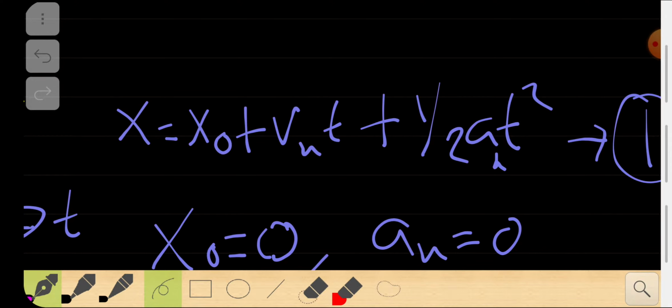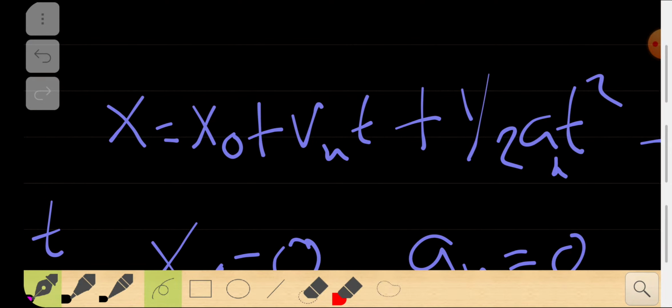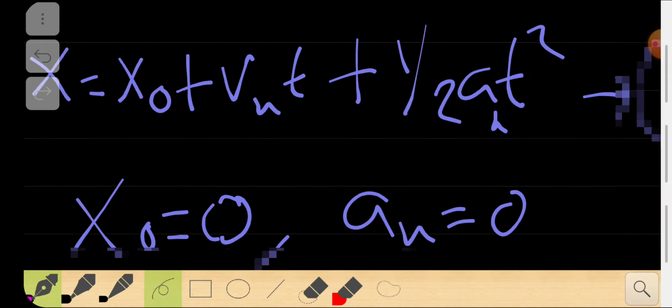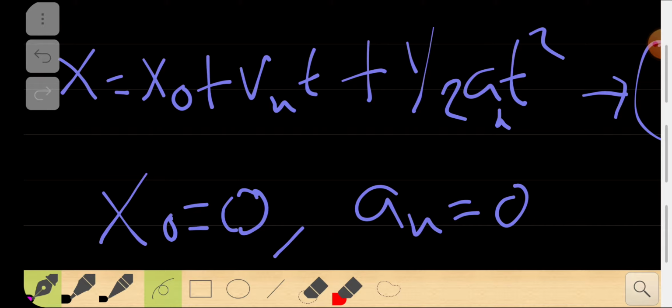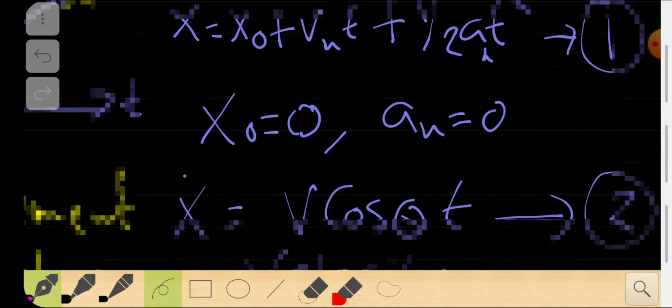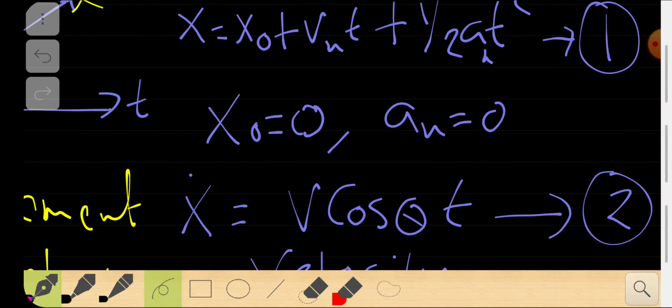The equation of motion states that, and we have already derived this, all the derivations from scratch. Now I'm just rewriting this equation. So x equal to initial position plus the velocity times time plus half acceleration in the x-axis times t square. So that will be equation 1. You might want to note it down because I'm going to be mentioning these equations as equation 1 or 2 in the later part of this lecture, so if you want to remember, you have to note down which equation it is.